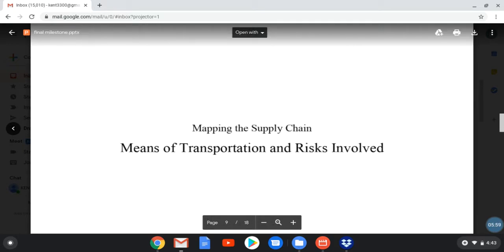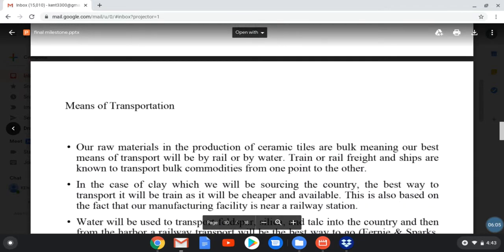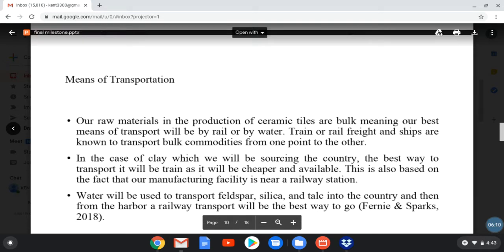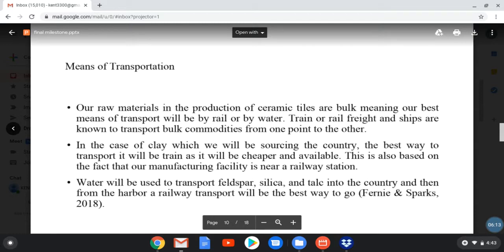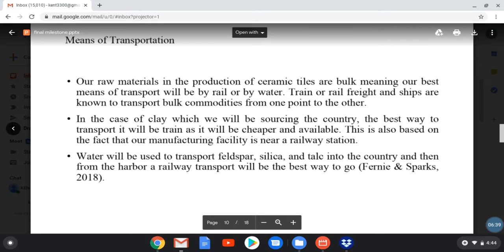Means of transportation and risks involved. Our raw materials in the production of ceramic tiles are bulk, meaning our best means of transportation will be by rail or by water. Train or rail freight and ships are known to transport bulk commodities from one point to another. In the case of clay, which will be sourced in the country, the best way to transport would be by train, as it will be cheaper and available. This is also based on the fact that our manufacturing facility is near a railroad station. Water will be used to transport